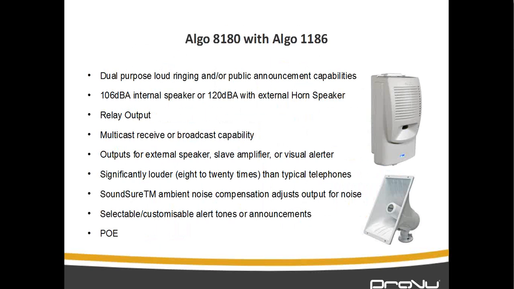The most important or common unique feature Algo offers is the sound show feature. It is quite unique in the sense that it adjusts its output against the noise level. Let's say, for example, you installed it on day one where there was only one machine running, because it was not that noisy. And then maybe in 3 months' time, the customer decides to add another machine. Obviously, it will add to the noise level. So what the Algo can do is it will adjust its output according to the noise. It is very unique, and we have tested it, and it works quite nicely actually.